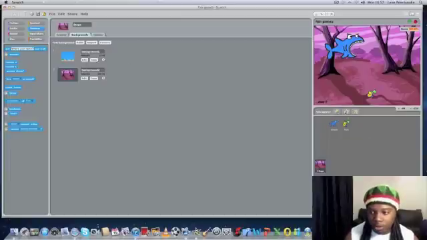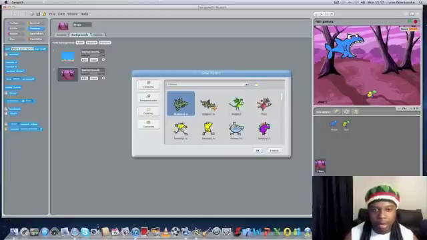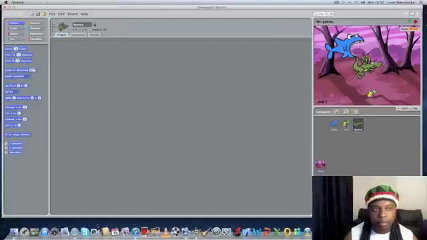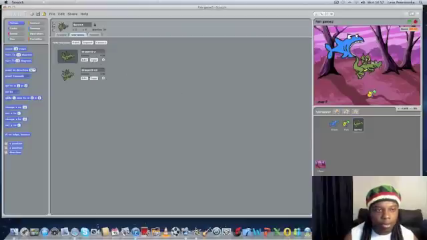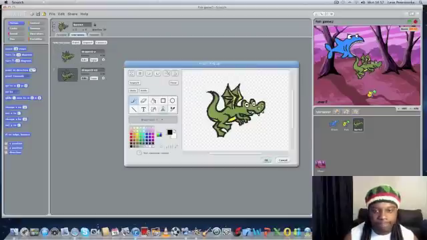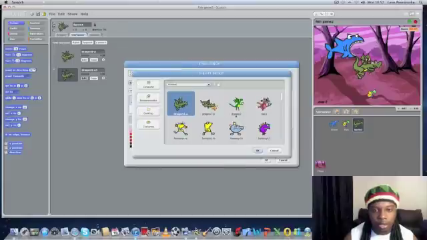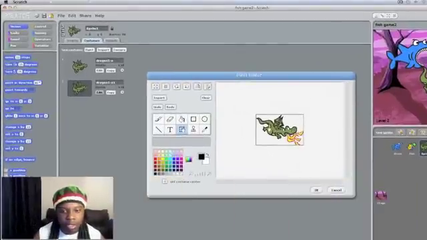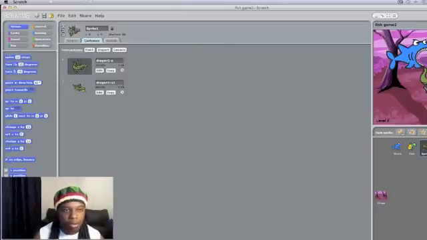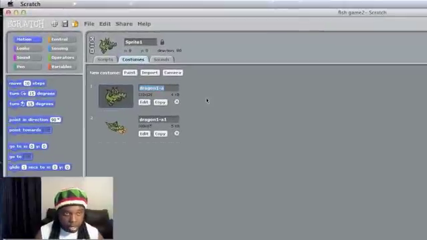And I'm going to need new sprites. So I'm going to need my dragon, costume, edit. I'm going to do this real fast. Cancel. Copy that down. Edit. Clear. Import. Costume 2. So that's costume 2. Whenever he touches the bat, he's going to breathe fire on the bat and so on. So okay. So that's costume 1. So let me just change the names here. So that's close and fire,